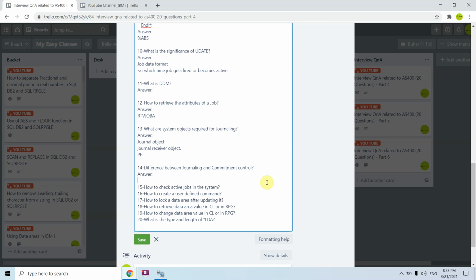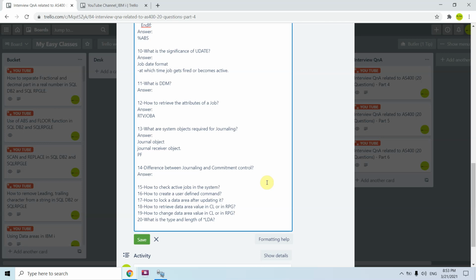And commitment control is something, for example, if you are applying journaling on a PF, on a database file, then you have to use commitment control at that time. So what actually is commitment control? You have performed certain transactions over a period of time. For example, you have performed 4 transactions for a single operation.